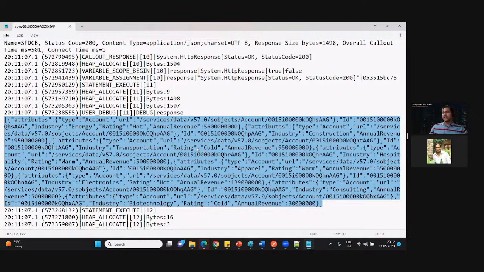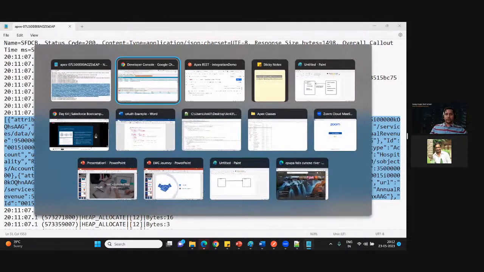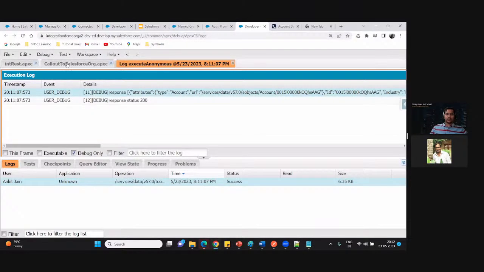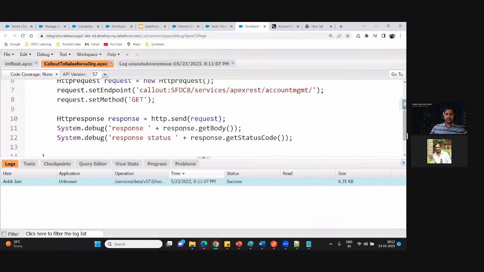There are a few JSON classes. There's one JSON class provided by Salesforce, in which we have a few methods with the help of which you can deserialize it and get it into the form that you are expecting. So let me quickly show you that as well. Whatever response you are getting, the first thing you should ideally do is check whether you are getting the status code as 200 or not.